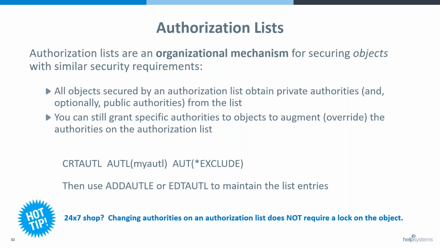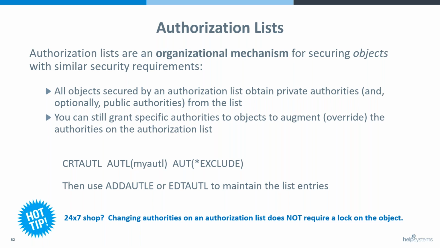Authorization lists all live in the QSYS library. So when you create one, you don't have to designate a library name. And what you specify is the public permission on that authorization list, in case you optionally defer the public setting to it. We then have a couple of commands, edit authorization list or edit authorization list, to maintain the entries